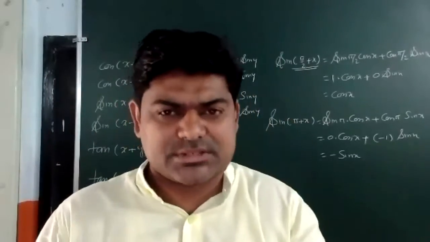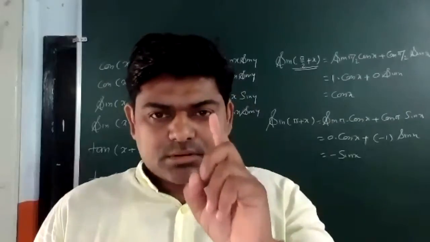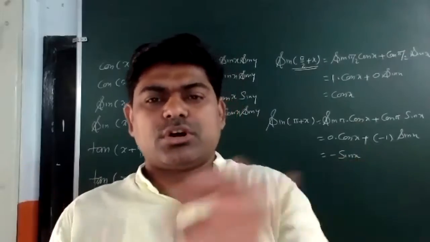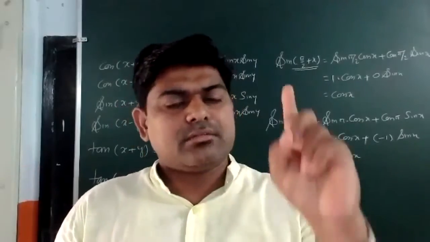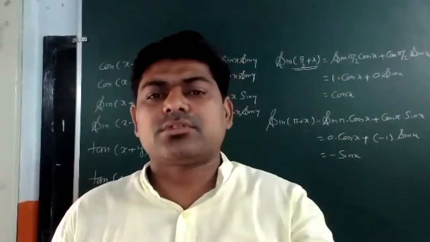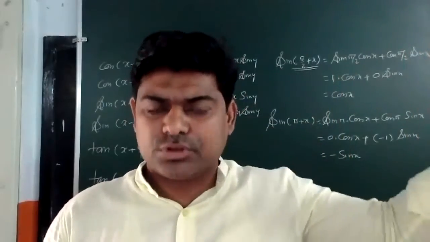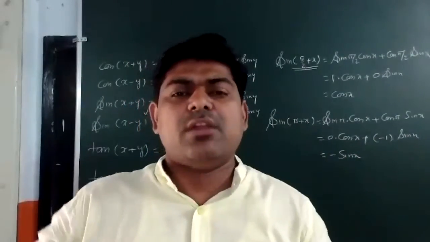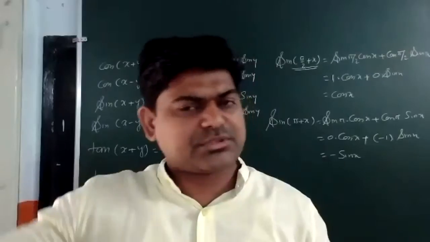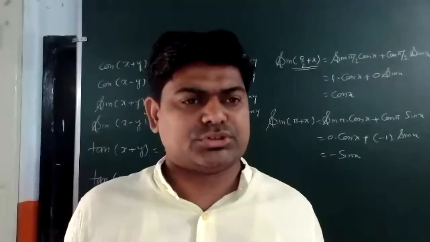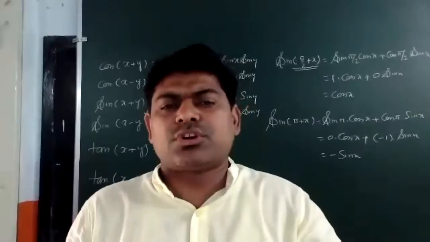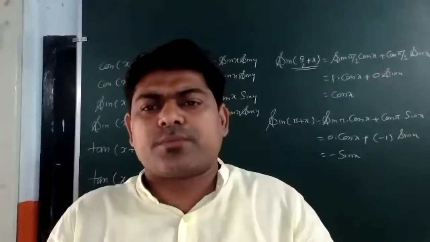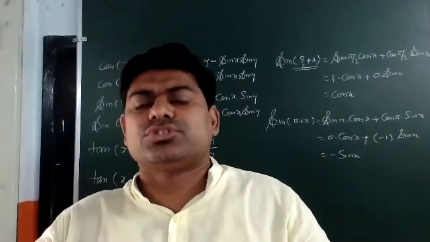Okay, these are the few points I wanted to discuss with you people. But again, I am repeating myself: the quadrant concept should be there in your mind. Add sugar to coffee. A for add, A for all. All trigonometric ratios are positive in the first quadrant. S for sugar, S for sine. Sine will be positive in the second quadrant. If sine is positive, definitely cosec will be positive. T for 2, T for tan. Tan will be positive in the third quadrant. And C for coffee, C for cos. Cos will be positive in the fourth quadrant.